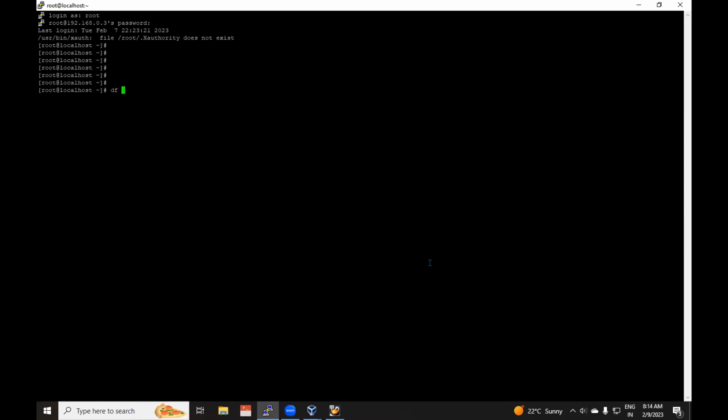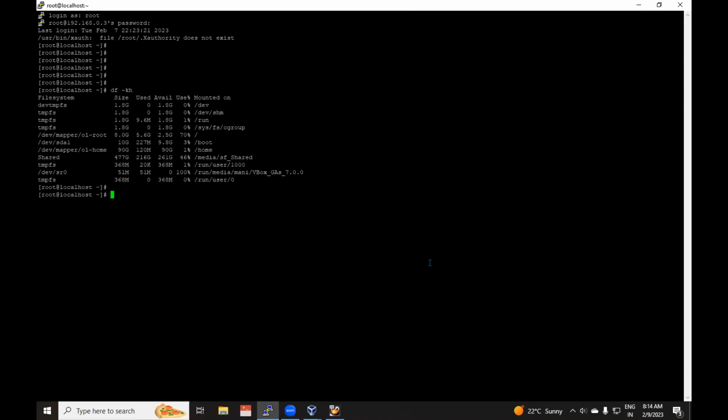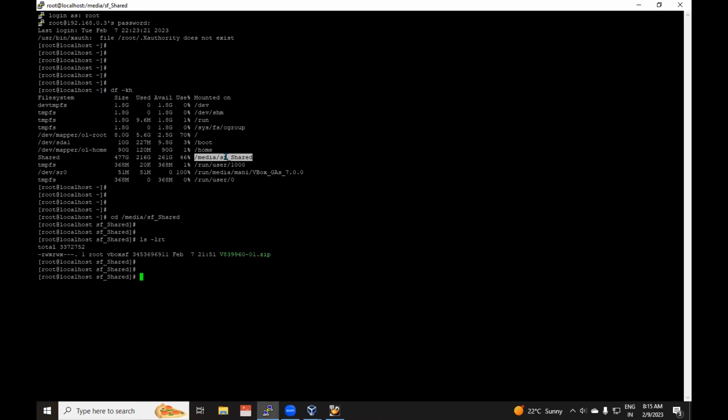Now, what is the command to see what mount points are available? It's df -kh. So we have placed our software in a shared folder. Let's ls -lrt. We have one file called this one.